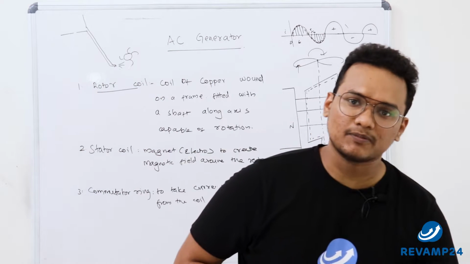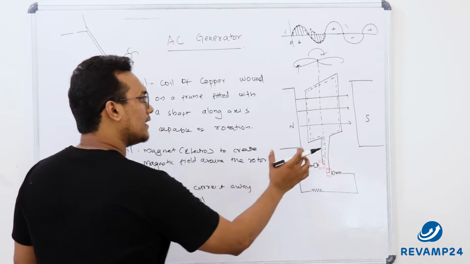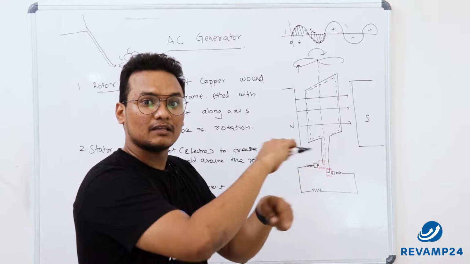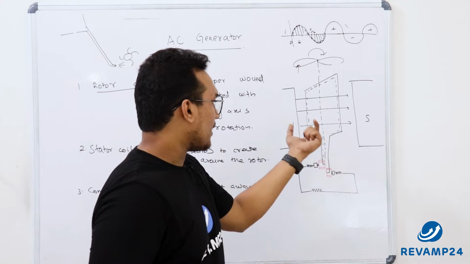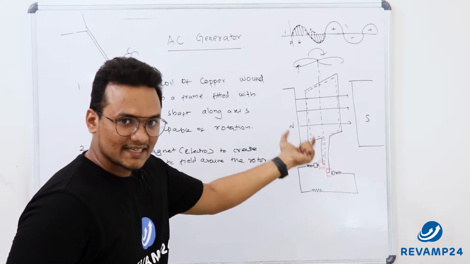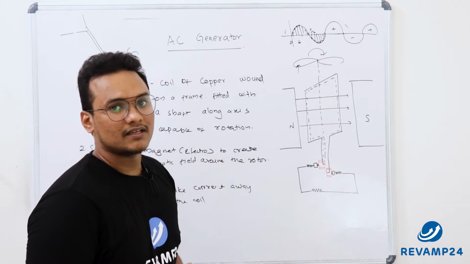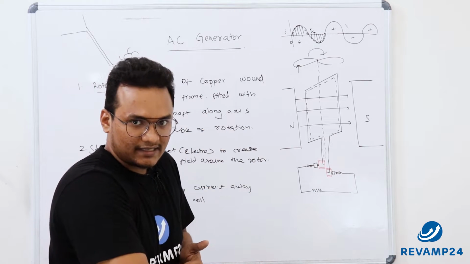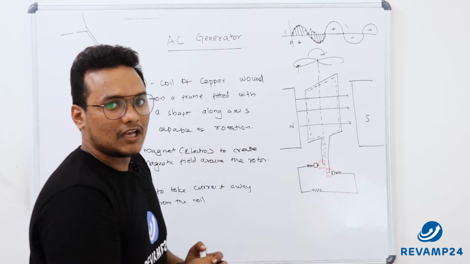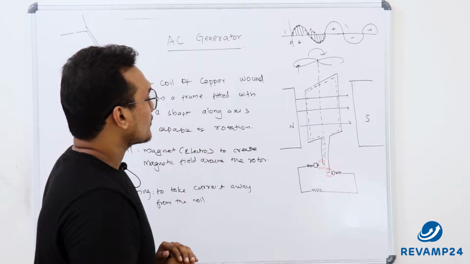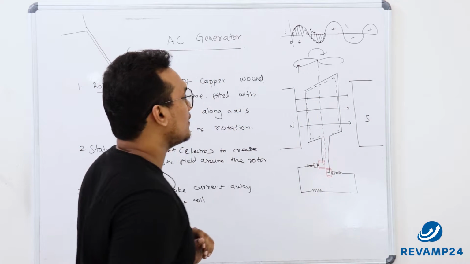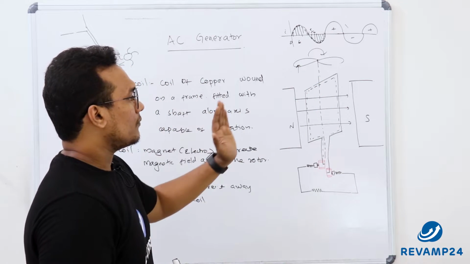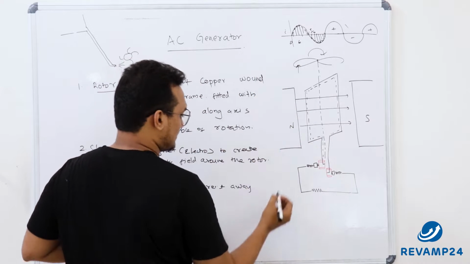Now in the previous chapter we have learned that there will be an EMF induced in it. Why? Because at any moment our coil is cutting the magnetic field lines. Whenever the magnetic flux linked with the coil changes, there will be an EMF induced in it. What is this induced EMF? As per Faraday's law of electromagnetic induction, we have learned the value of induced EMF in a closed coil which is rotating in a magnetic field. What is that value? E is equal to